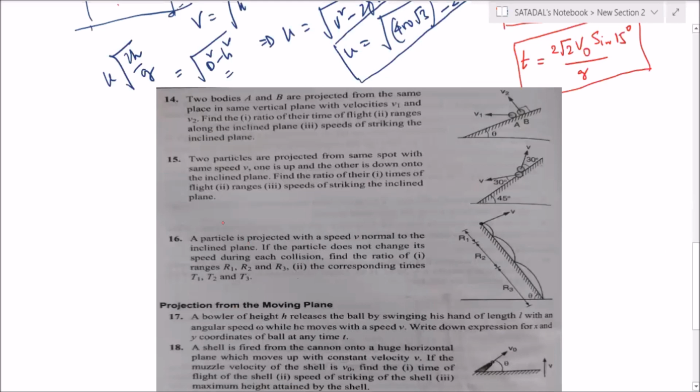So here we'll just work out a round up. Try question number 14; 15 and 16 will be homework. Then try question number 17; 18 will be homework. So these three questions, 14, 15 and 17, do quick. Finish them quickly. After these three questions, we will be solving three beautiful questions.